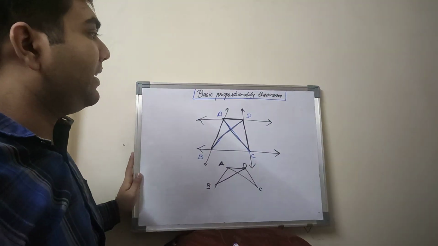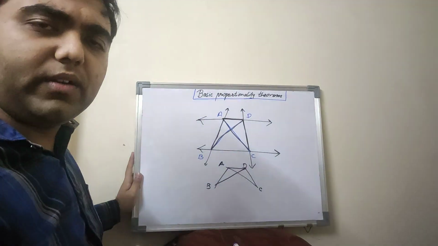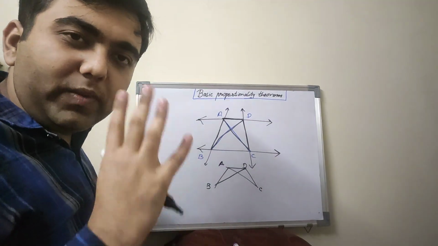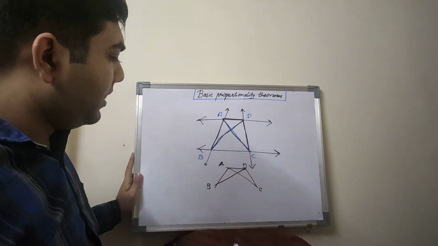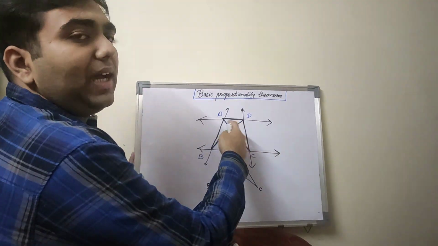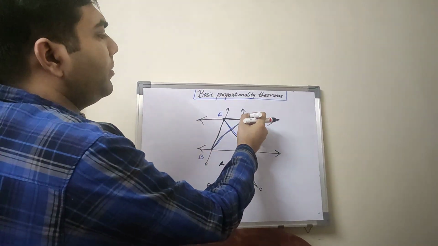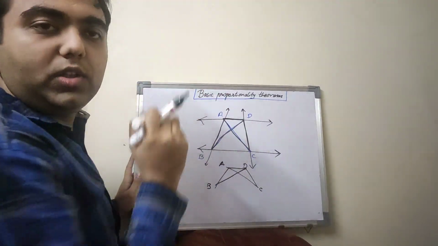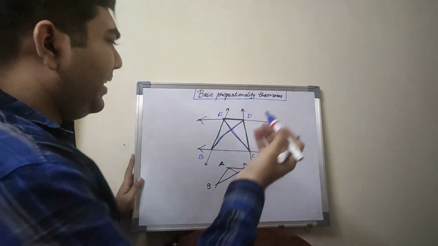These two are parallel lines. And remember, the distance between two parallel lines is going to be same. And when I talk about distance concerning parallel lines, it's always perpendicular distance. Okay? Perpendicular, not slant. Okay? So you see, if I construct the heights of these two triangles, how will they look like? Drop a perpendicular from D to this line, drop a perpendicular from B to the above line. You are going to get two segments. Let's just draw them.